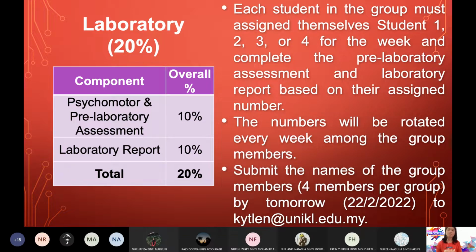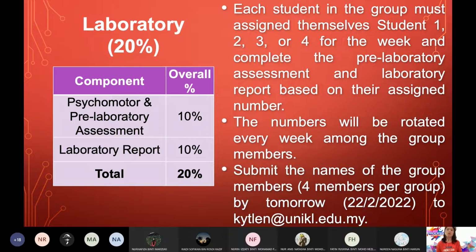Pre-lab ni sebenarnya kenapa? Sebab saya nak kamu bersedia sebelum masuk lab. So nanti saya akan tunjuk kamu, pre-lab ni basically kamu kena kira dulu chemicals, kamu kena tahu dulu a little bit of methodology, kamu kena tahu apa problem dia sedikit sebanyak, because I want you to be prepared before you masuk lab. So bila kamu dah buat pre-lab tu pun kamu dah dapat markah.